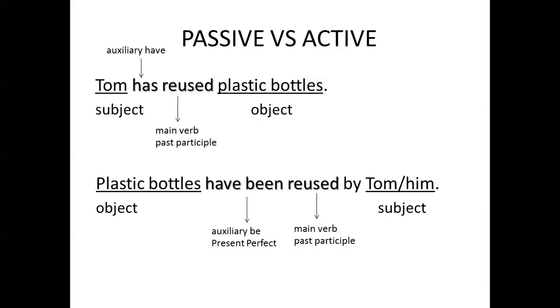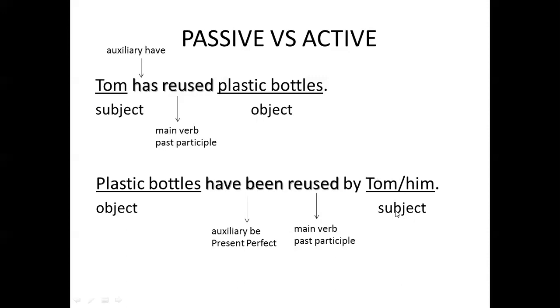So we use "have been" as the mark of the verb to be in present perfect tense. This one right here, "have been", is the auxiliary of verb to be, but in the present perfect structure. "Reuse" is the main verb in past participle. It is always going to be in past participle, so regular -ed ending. Finally, use "by" as the preposition to include